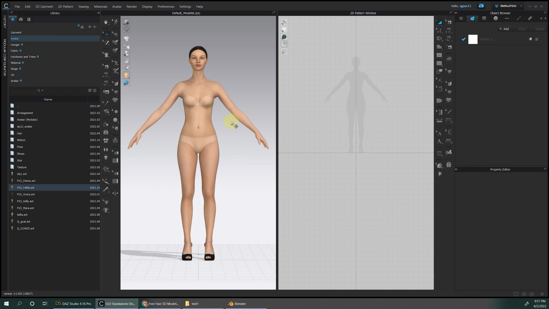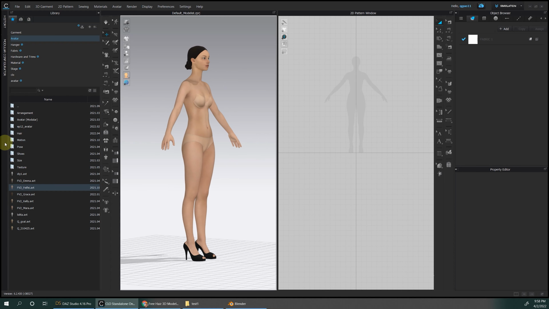Even though they have different color schemes, they're based on the same OBJ, so they're all the same mesh. So it's okay if you register hair on one avatar, then you can use it on the other ones. I can show you here.